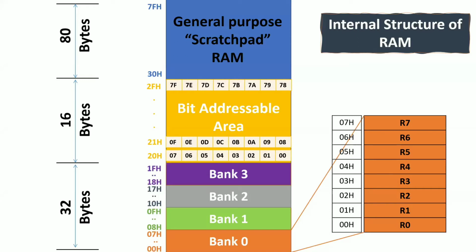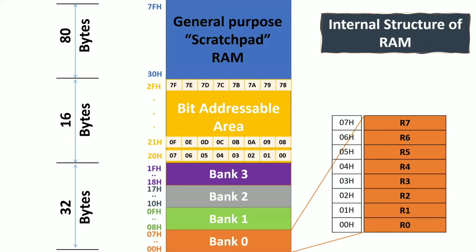Now we have a total of 32 registers, but with the help of the names R0 to R7, we can access all 32 registers. We select which bank we need to operate, and based upon the bank selection, we can get all the 32 registers. That's simple. Now I understood why we have divided into banks: to reduce the number of opcodes for each and every instruction. And that is about the general purpose registers.